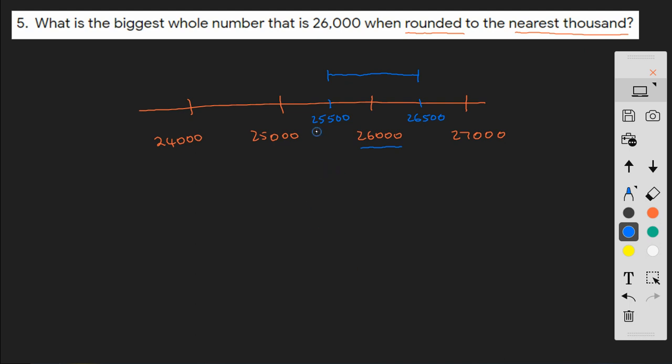So the numbers anywhere in this range here are going to round to 26,000. But let's remember that if we're exactly halfway, we would round up to 27,000. So the biggest number that I need is going to be one smaller than that, which is